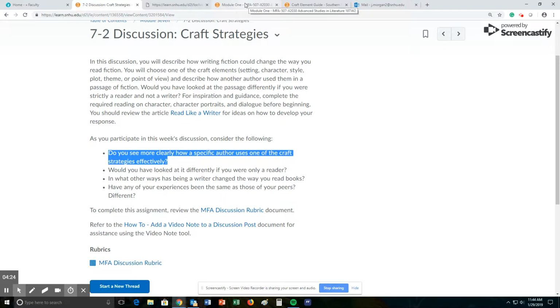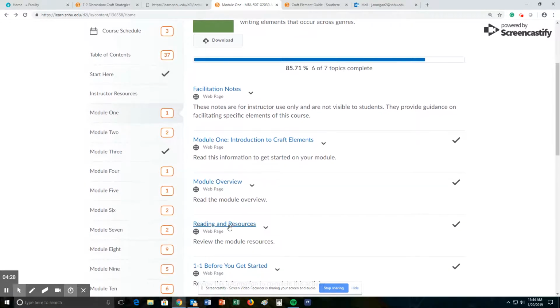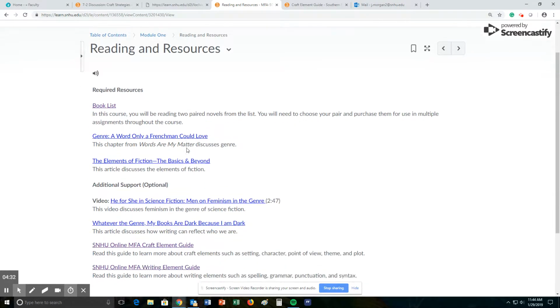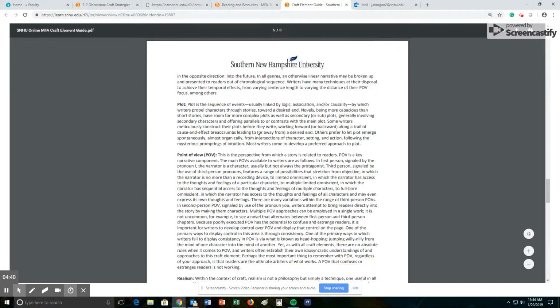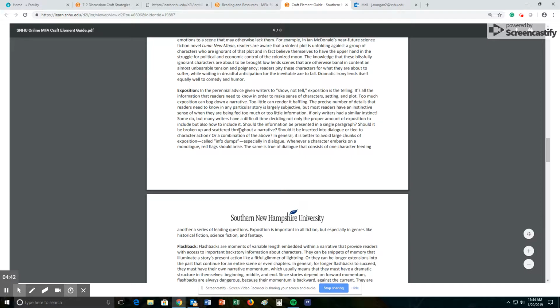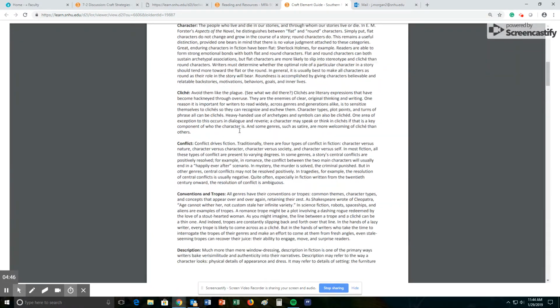So if we go back to Module 1, okay, and if we scroll down here to the readings and resources, right? So this is back in Module 1. If you scroll down here, there are two links, one for craft elements and one for writing elements. If we click on craft elements, we get this, and it talks about all the different craft elements. So these are some craft elements that we can use and be talking about, and we'll be needing the same